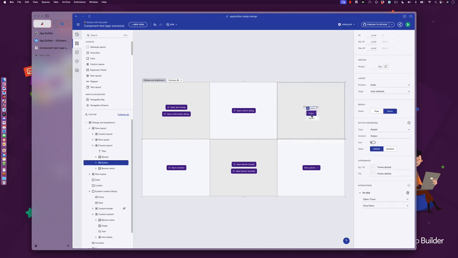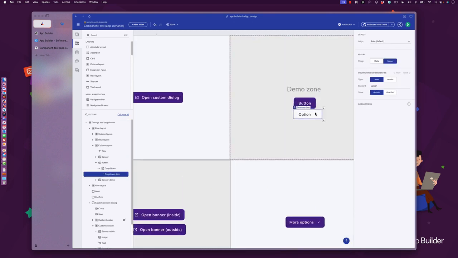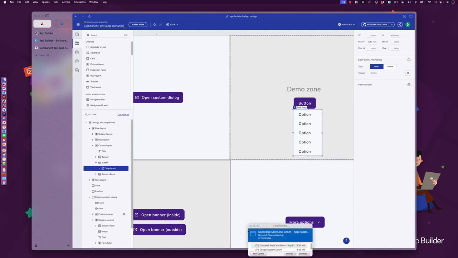So if I select that particular button, you can see that the drop down pretty much gets attached to that component. And when I select it, I get the option to create more items for my drop down. I can bind it to data and repeat these options in here. Or what I can do is that I can change or retarget this drop down to point to something else. So if I go up one level,